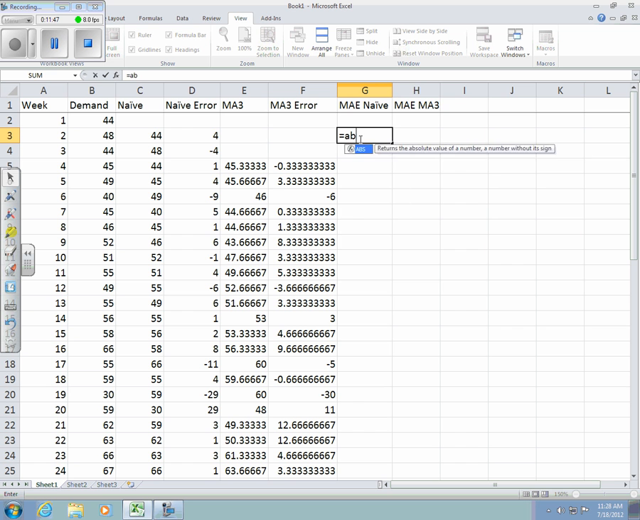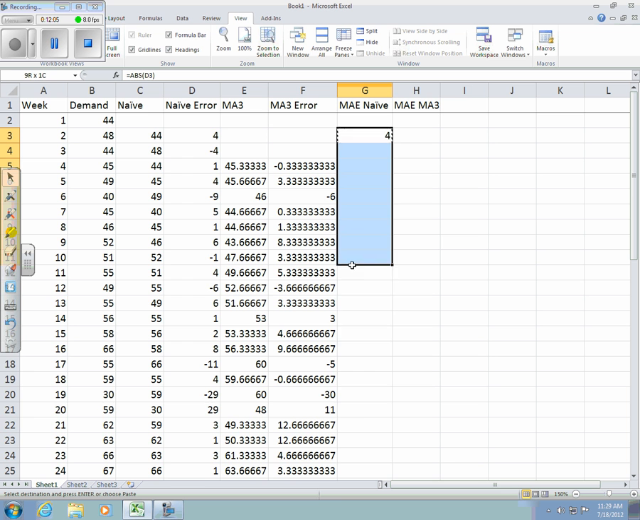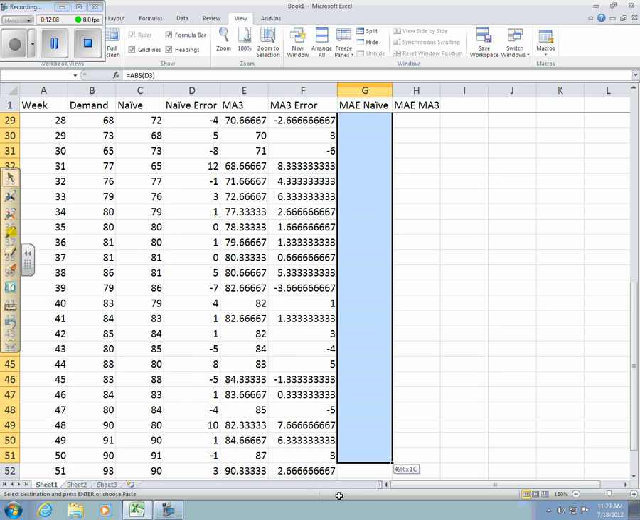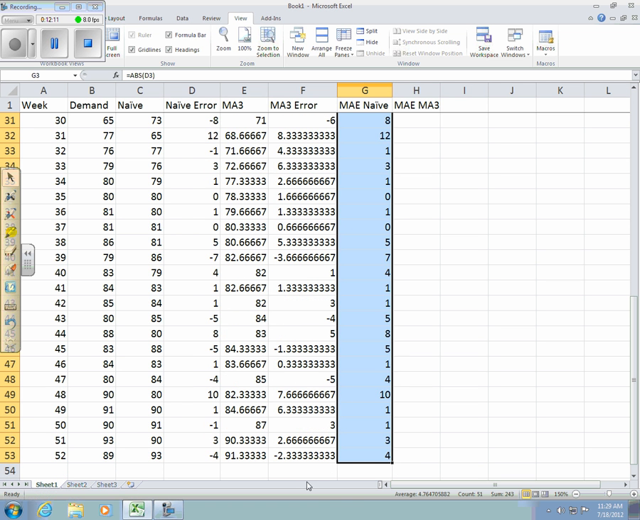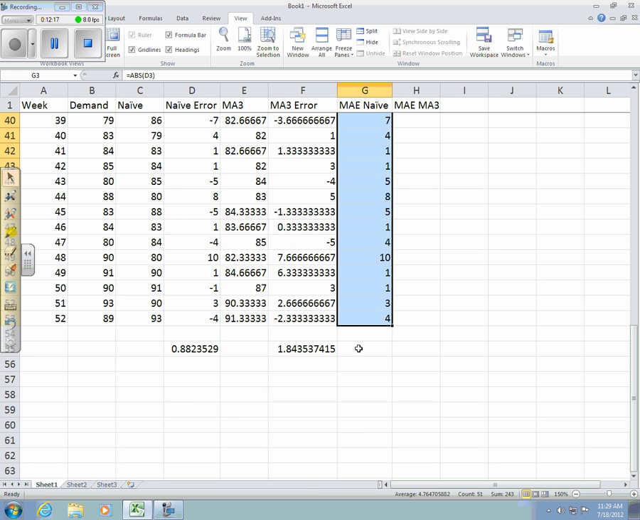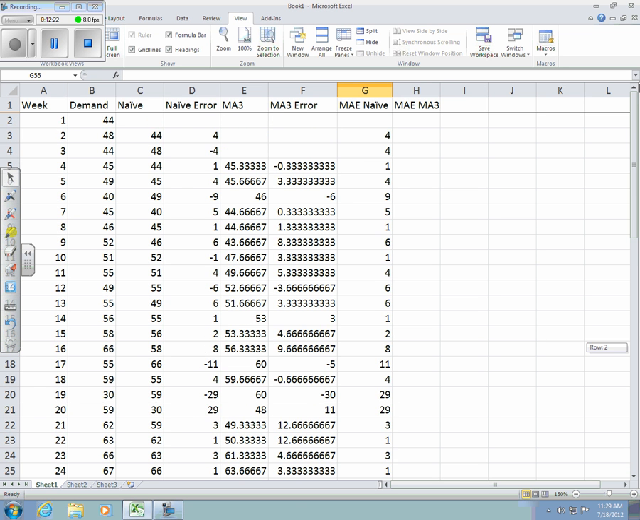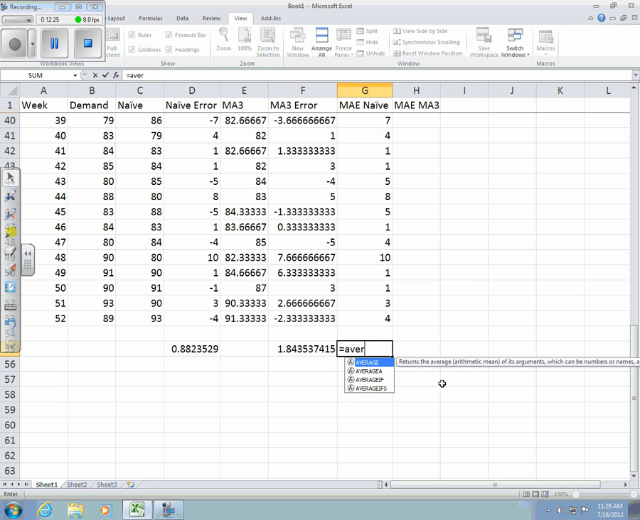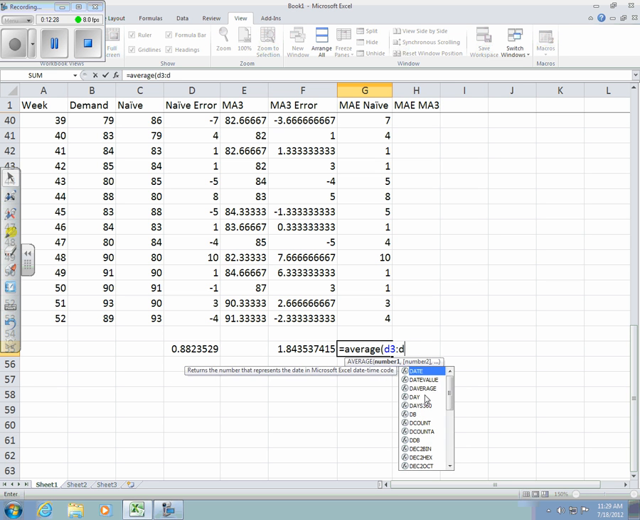So I'll type equals absolute, or ABS, and then I will reference the cell the error is in, which is D3, and that'll give me the absolute value of the cell in D3 in that example. I can copy this down through all of the errors. And you'll notice this is nothing but the error reported in column D, but now all the numbers are positive. If I take a simple average of this, it started in cell D3. If I say equals average D3 colon D53,